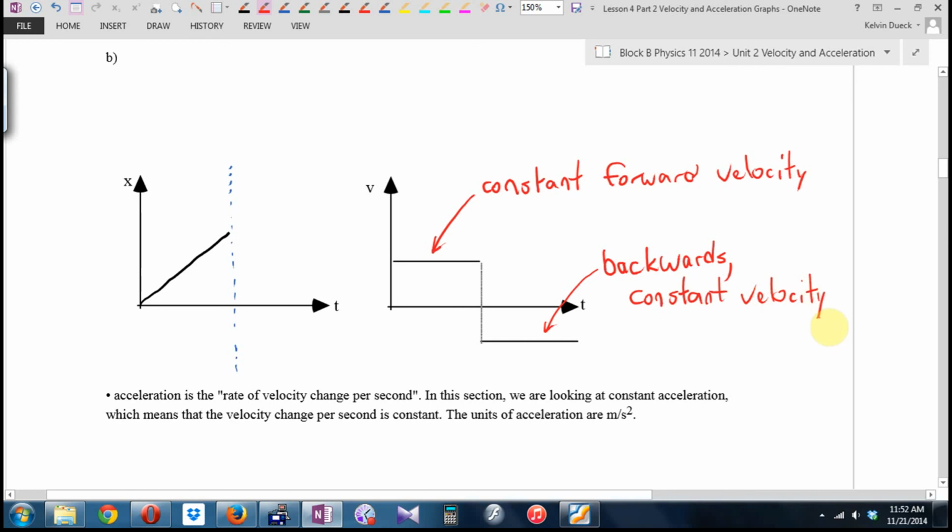How low is that line compared to the height of the earlier line? Are we going backwards faster than we were going forwards, slower than we were going forwards, or at the same speed as we were going forwards? Eyeballing it, it looks like it's not as low as the first line is high. So I'm even going to say, I think,